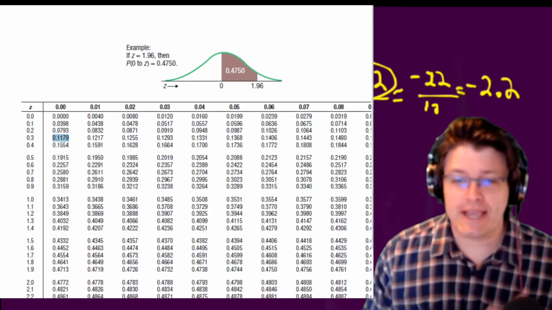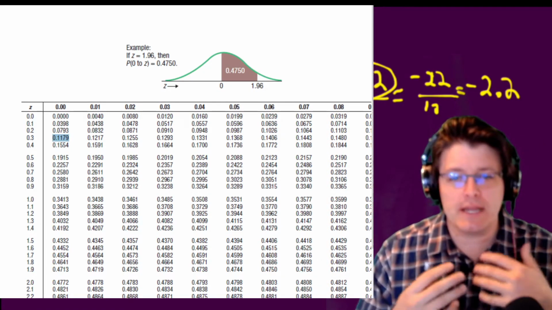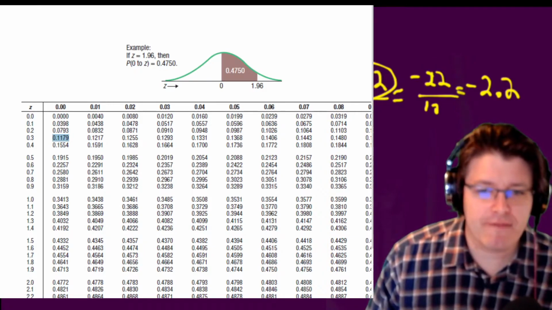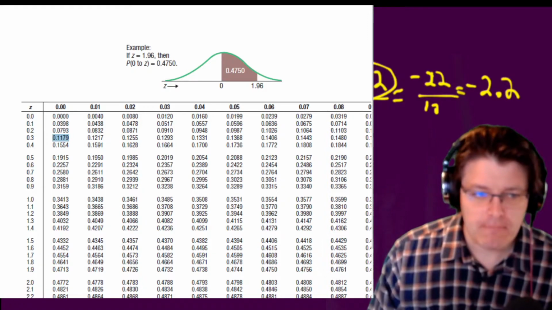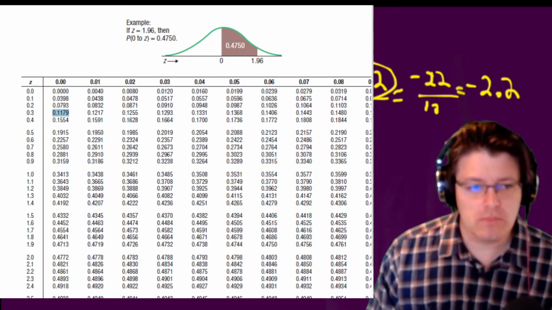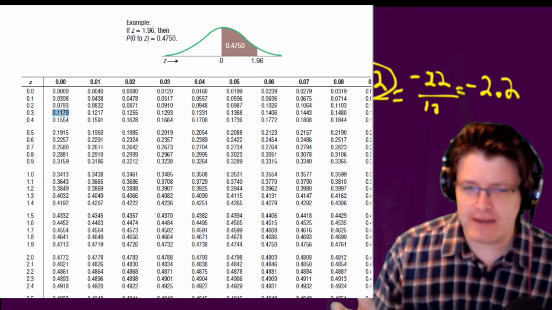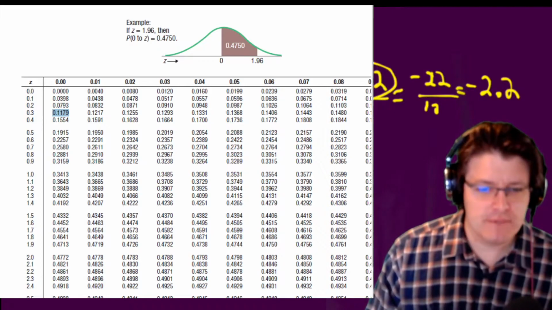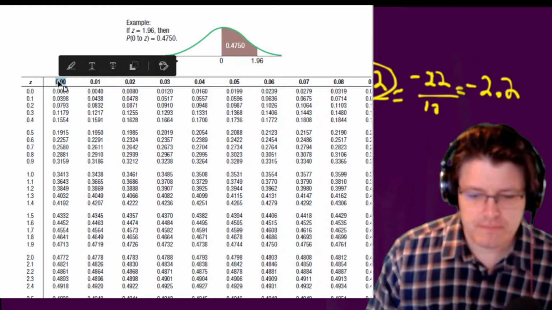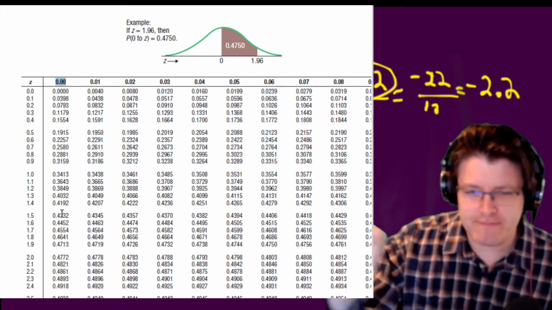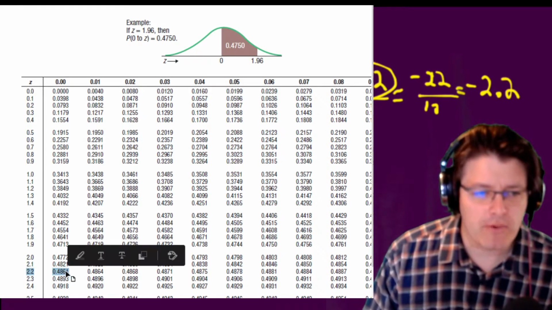For the sake of space, largely, and because it's repetitive, if we did another Z table with negative values, it would just be the exact same percentages listed here. Okay, so 2.2, again, we have 2.20. That's going to happen when you have a standard deviation of 10. So we're kind of living in this first column here because all these have a 0 in the hundredths place. But we go down to 2.2. Again, we're right here, so we find